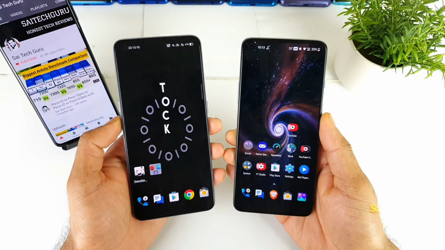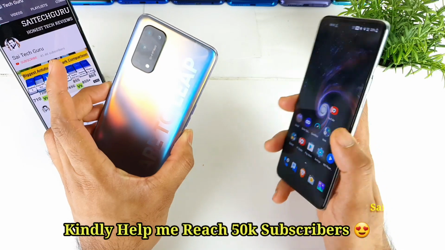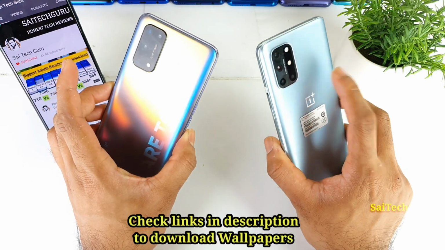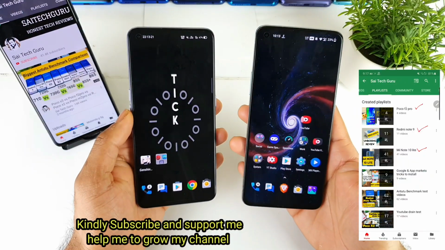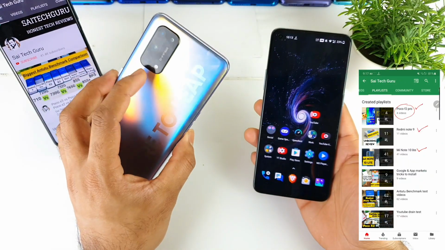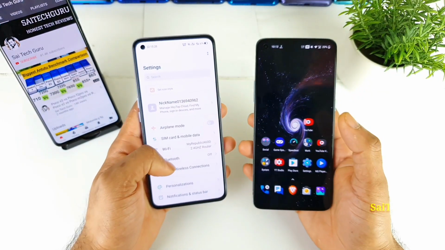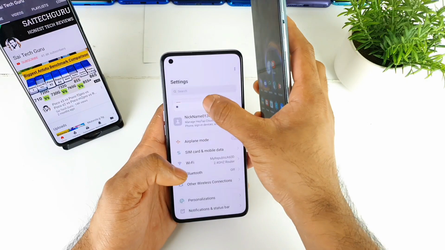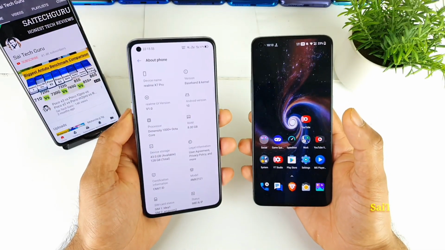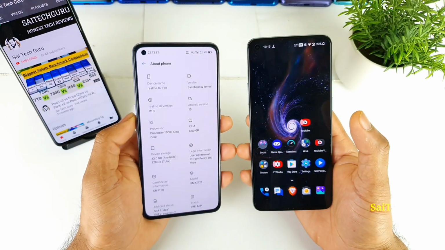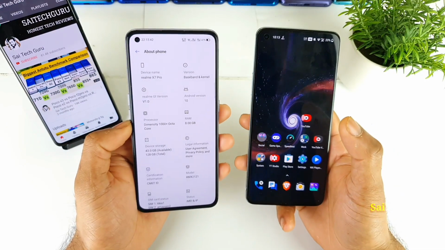In this video, I'll be comparing the Fortnite gameplay test between the Realme X7 Pro versus the OnePlus 8T device. The OnePlus 8T has a Snapdragon 865 processor with a 120Hz refresh rate, whereas the Realme X7 Pro has a Dimensity 1000 plus processor and the same kind of 120Hz refresh rate as well. So in this video, let's test Fortnite, what FPS you can play in both the different smartphones. Let's see which phone will actually support 60 FPS and 90 FPS as well.